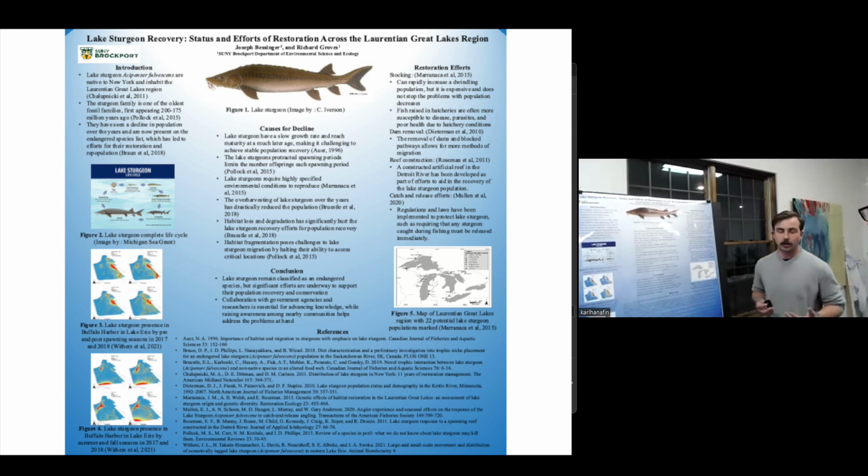And also, given the nature of how these fish are raised in these hatcheries, as they're not growing up in what would be normal environmental conditions for them, it comes with a risk of disease, parasites, or just overall poor health of these individuals. However, there has also been the removal of multiple dams within the Great Lakes system that were previously blocking the migration patterns of these fish. This can help them reach back to these sanctuary sites where these populations go and spawn, as you can see in this figure right here.